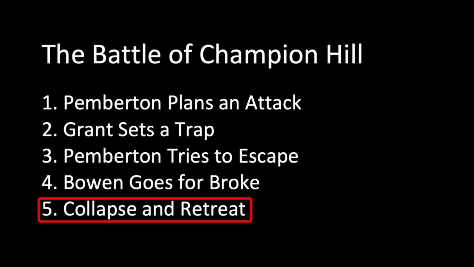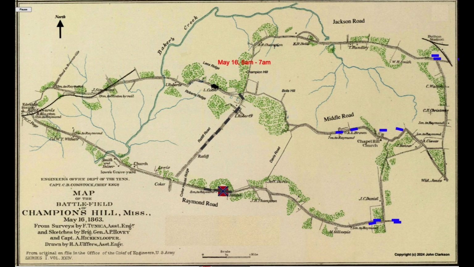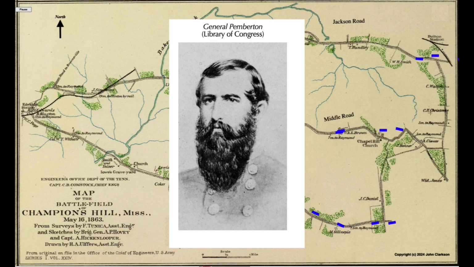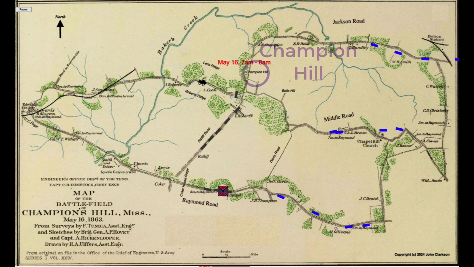Chapter 5. Collapse and Retreat. Lieutenant General John Pemberton's Confederate Army is now caught in the open, surprised, and outnumbered by Major General Ulysses Grant's Union Army. Pemberton is trying to defend Vicksburg. Grant wants to capture Vicksburg. The battle they're fighting is at Champion Hill, about 20 miles east of Vicksburg, and it'll be the pivotal battle